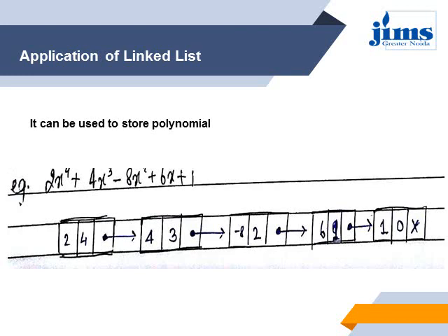So the first term, 2x to the power 4, will be stored with 2 as the coefficient and 4 as the exponent. The second term will be stored as 4 and 3. The third will be stored as minus 8 and 2. Here you can see that the coefficient part is always stored with its sign. If it is positive, we do not need to explicitly mention it. If it is negative, we have to explicitly mention that. Then we have 6 raised to the power 1, so 6 and 1. And here the coefficient part is 1 and x is raised to the power 0.